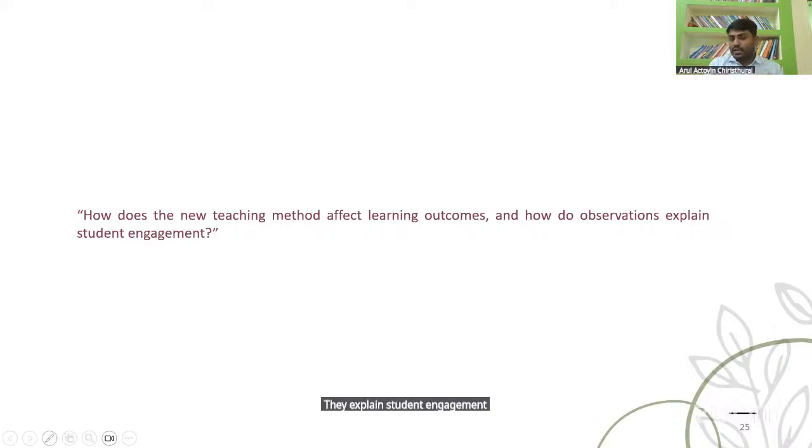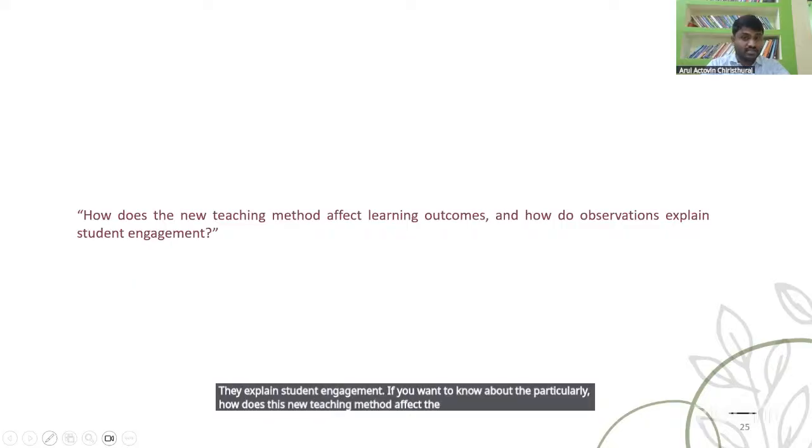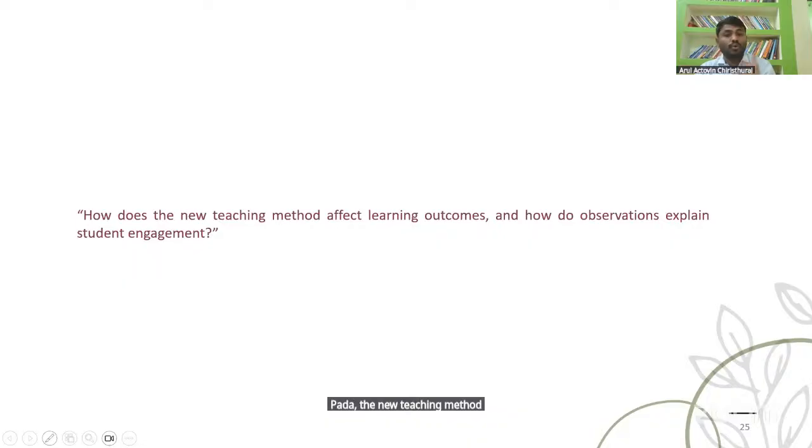We want to know whether the new teaching method affects the outcome for the students, and then how the observation explains student engagement in classroom teaching.